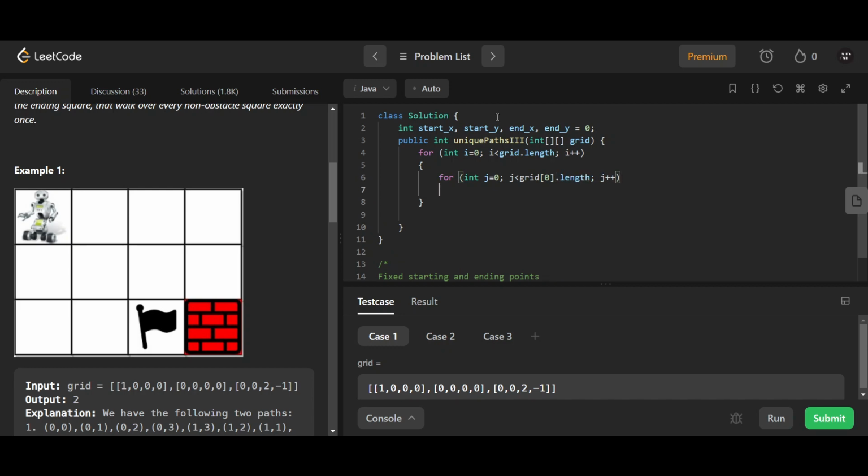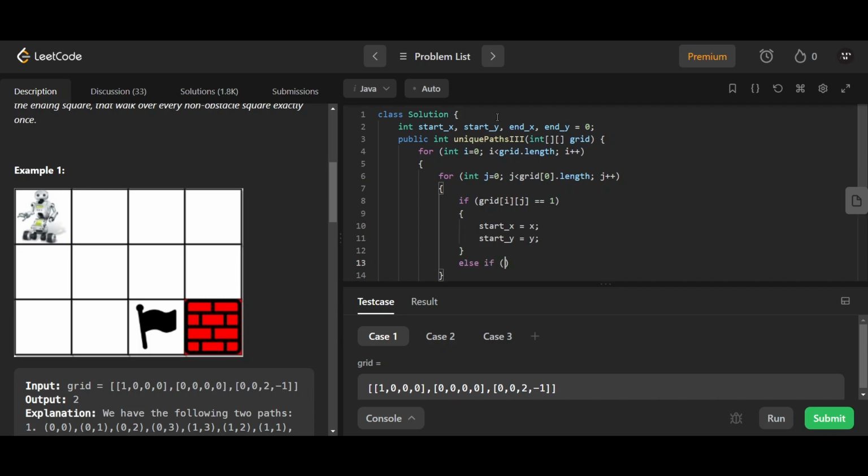We need to walk and find out which is the starting point, which is the ending point. If this is 1, then this is the starting point, right? So we set start x equals x, start y equals y, and then for the ending point